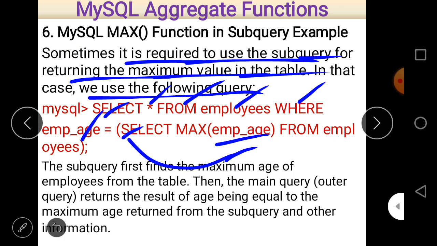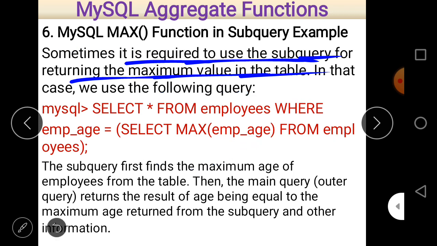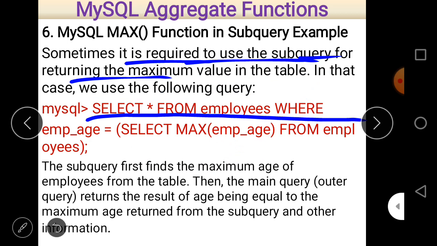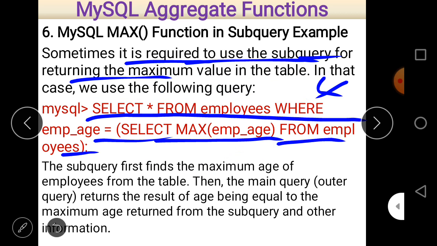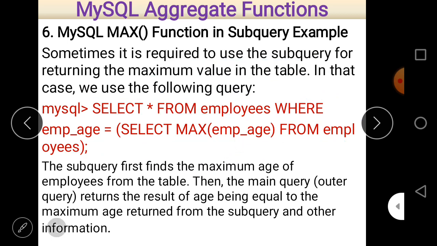So you can see that this is our main part, and when you specify a condition, within the condition there is again a query, and this query is called the subquery. Let us take it one by one. First part, SELECT * FROM employees WHERE. This part selects all column names of employees.